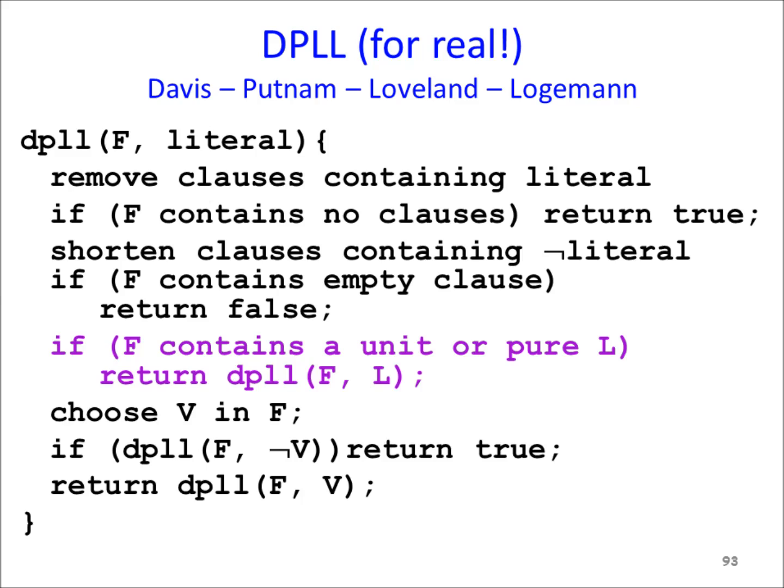Question, Anita? That all the clauses got satisfied, so they got removed. Paul? I understand that a unit literal will make the whole formula true or false, but if you have a pure literal, why is it faster to set it to one or the other? You are not missing any. If there is a solution at this point, by setting it to true, you will still find a solution. So if there is a solution in the subtree, then by setting it to just one branch, you are still guaranteed to find a solution. Can you help us understand why you have that guarantee? Yes, because